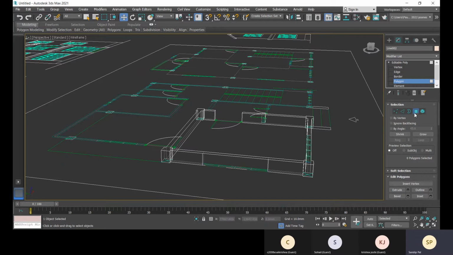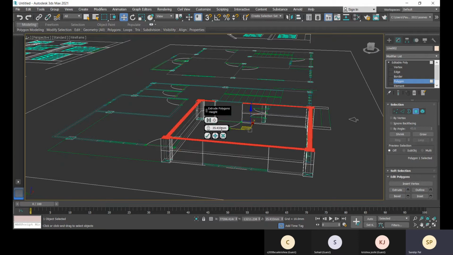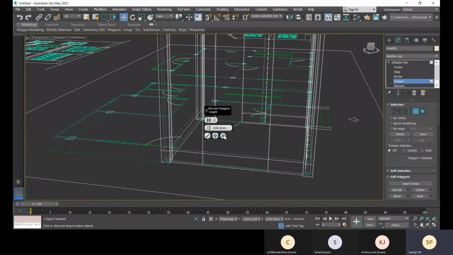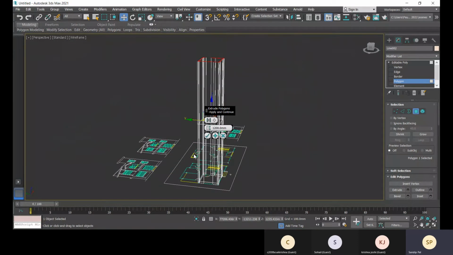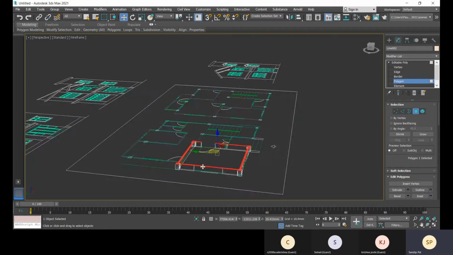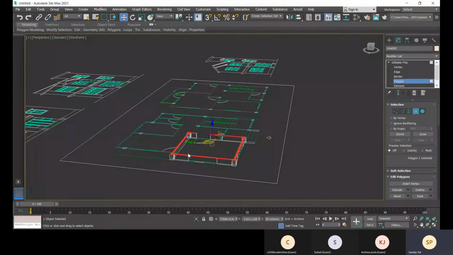Now select this polygon and extrude it. That will be like 1200. See, that is going to be 1200. So all the units should be proper, right? All the units should be proper so that you get the exact result.